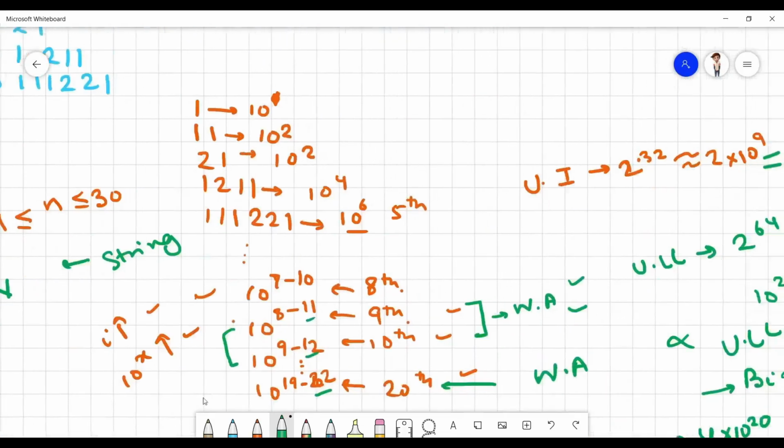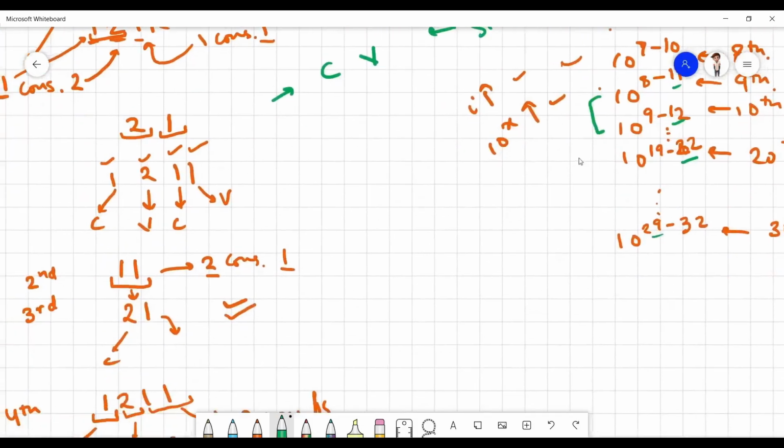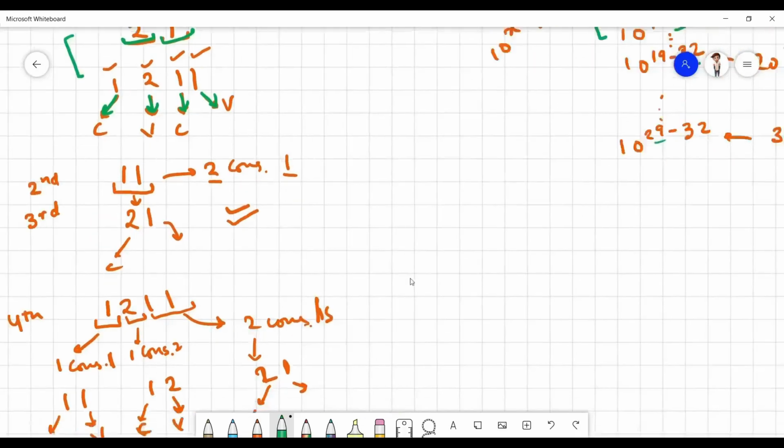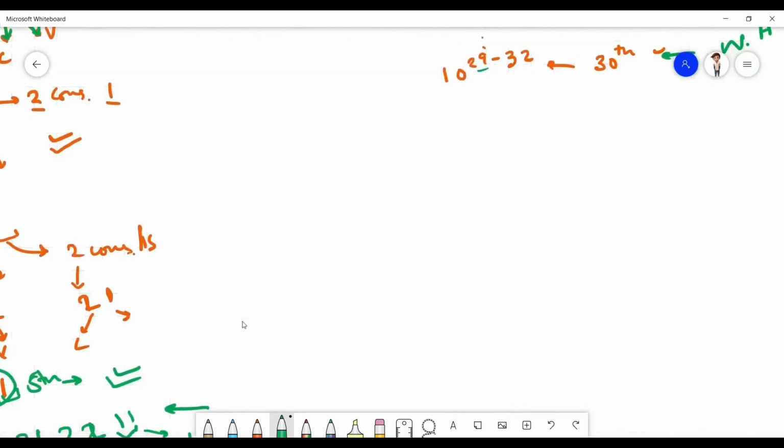For example, from these two, we get one consecutive 2, so the count value is one and the value is 2, and one consecutive 1, so the count value is one and the value is 1. Okay, so now coming to the code part, we will be writing some code for this.